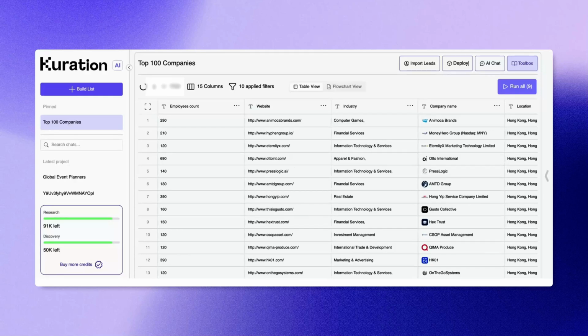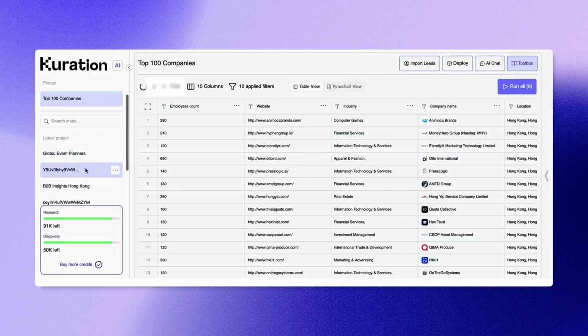Today, we'd like to share our new growth hack that will come in handy when you're taking part in events and conferences. We'll be showing you how to create your own wish list of prospects and share them with people who might help you with giving an intro to one of your dream prospects. We'll be using Kuration AI plus n8n plus Lovable to make this mini tool.